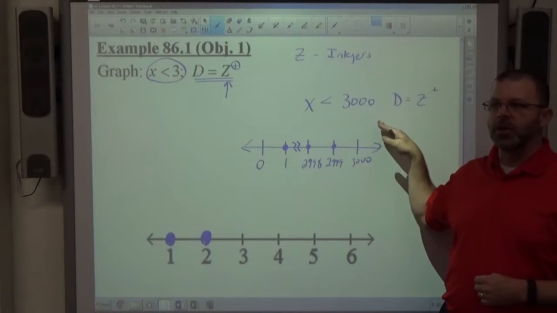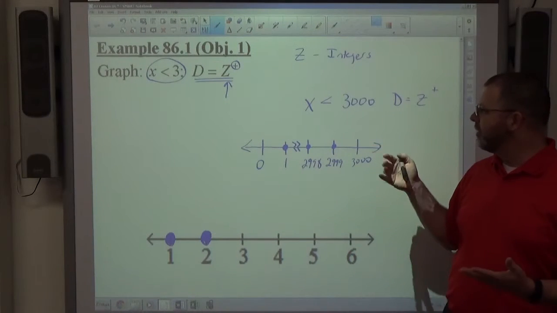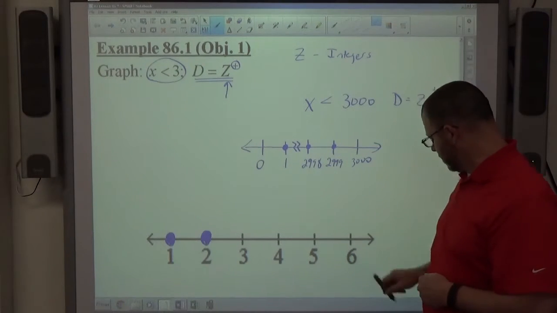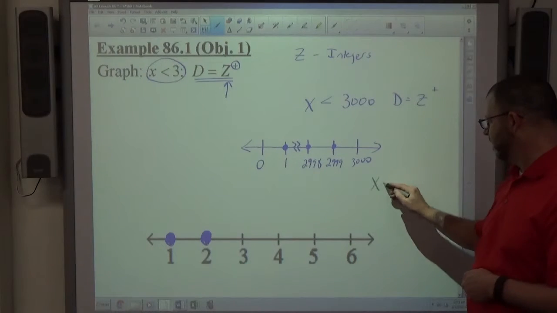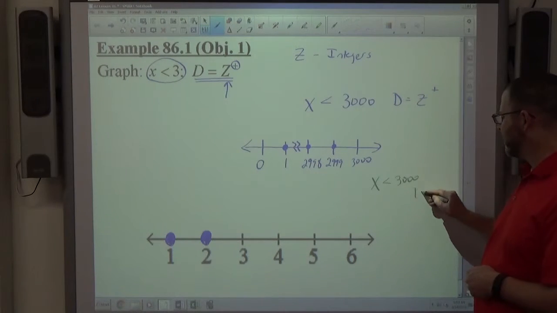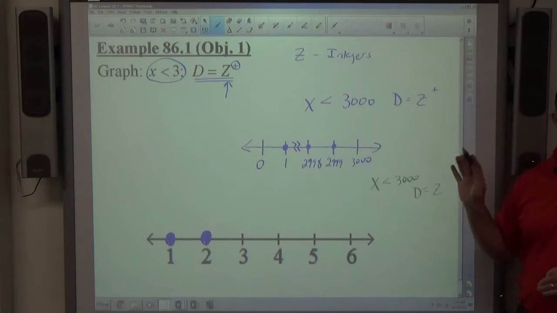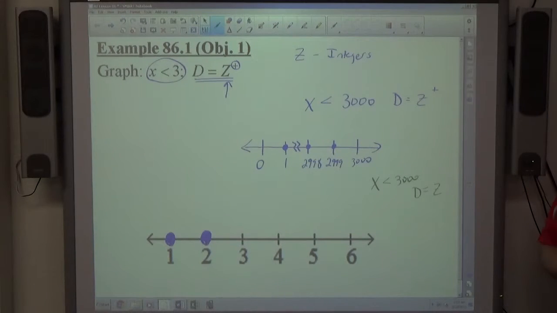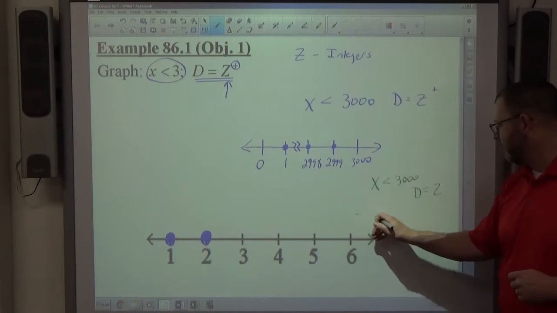They stick to pretty small numbers in the book here. If it just says x is less than 3,000, and the domain's a set of integers, not Z plus, but just Z. Now it goes all the way down to negative infinity. Now it's infinite. Now it can't be counted. All you have to do to graph that